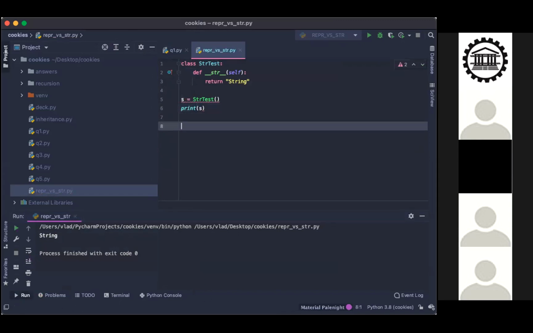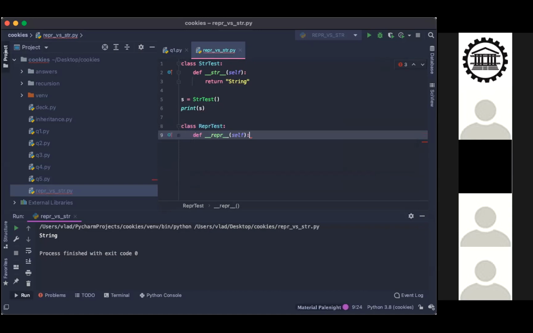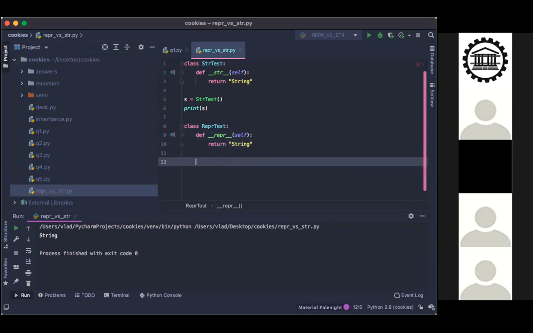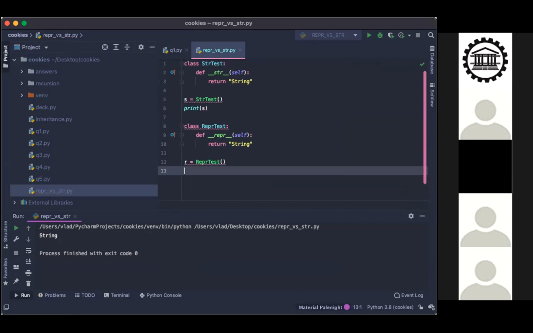So as you can see right here, it returns a string. Now we have class repr test, def repr. Here we would return string as well. And then we create r equals repr test with circle brackets as well.